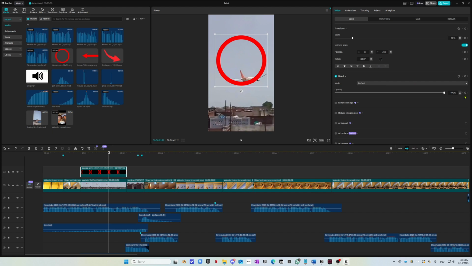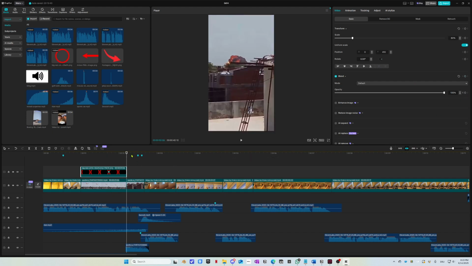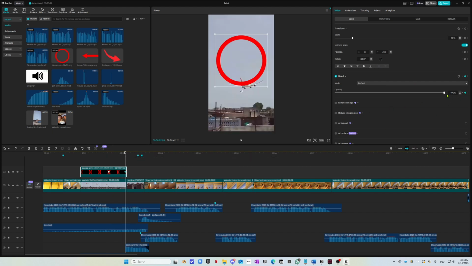Fade out we'll do with the blend function: add a keyframe, go to the end, add a keyframe, set it to 0%. Okay, now what we'll do next, go to the first frame, add a keyframe. You know how to add a keyframe. Then the next thing we'll do